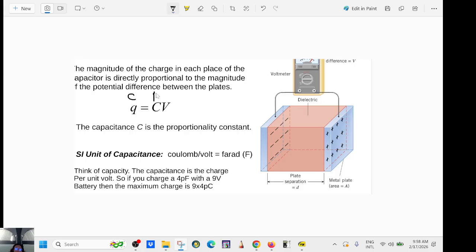This is in farad, and this is in volt. So if you have 4 picofarad, that means the capacitance is 4 times 10 to the negative 12. Okay, the voltage that you are using to charge a capacitor is 9. So you can find how much charge you can hold. Okay, so the charge is